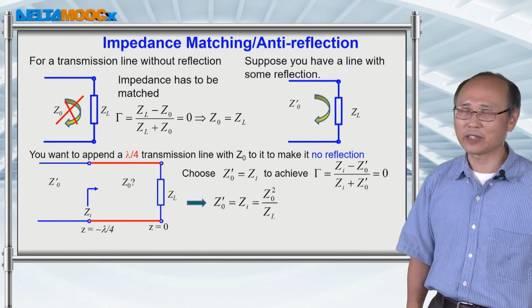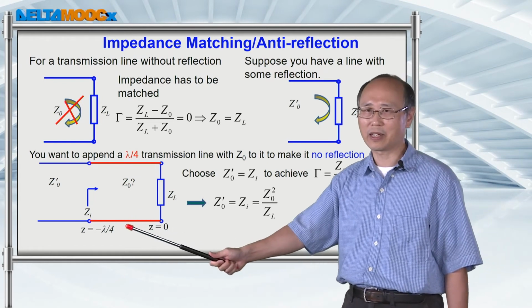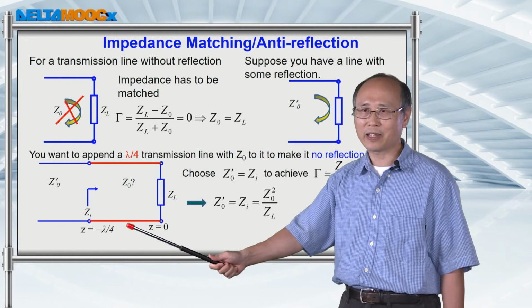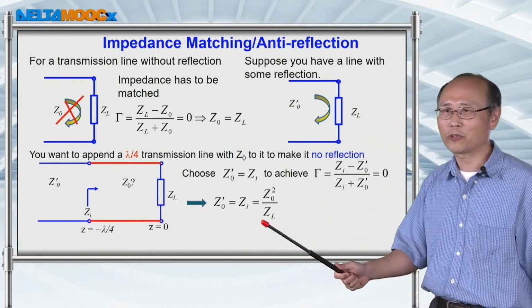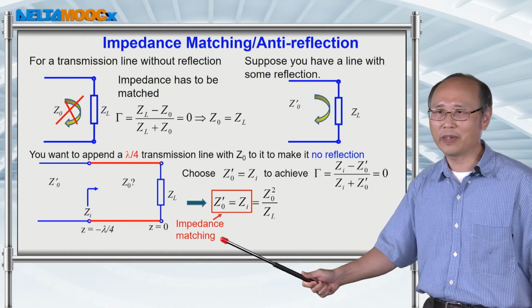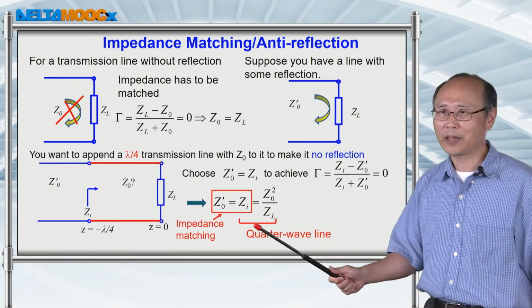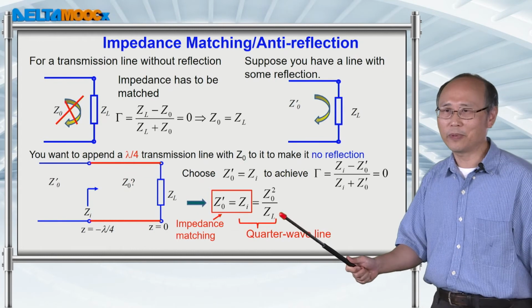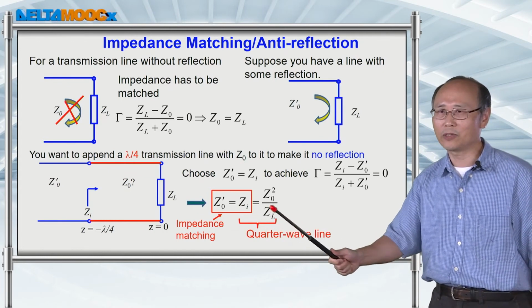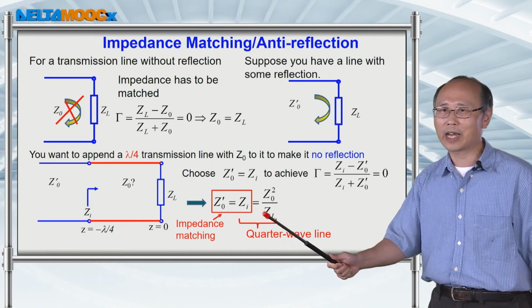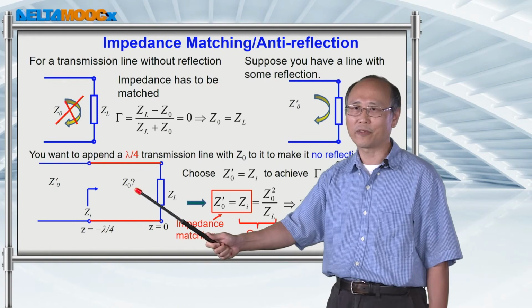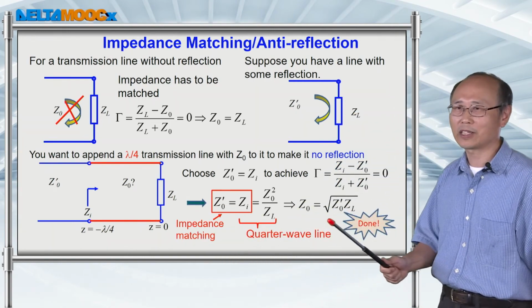But previously, you already calculated the input impedance for the quarter wavelength line. So now you can write down this expression. And the first part is basically the impedance matching condition. And the second part is the input impedance for the quarter wavelength line. And if you equate these two relationships, then you can come up with the value which is the characteristic impedance of this line, given by this expression.